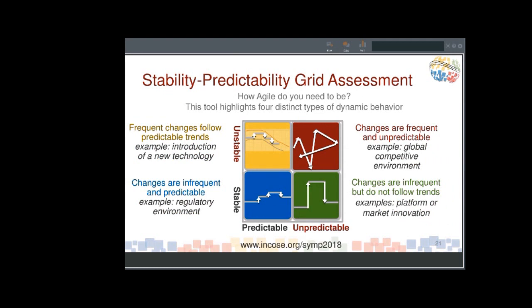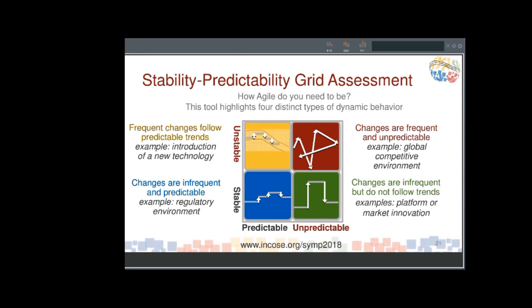So before I get into showing you what the results were, I need to talk a little bit about stability and predictability, because this grid shows up in a couple of places. It's really trying to understand how agile do you need to be. And one of the things that kept coming up over and over again is what kind of dynamic behavior are we experiencing in the environment? And so this is a very simple quad